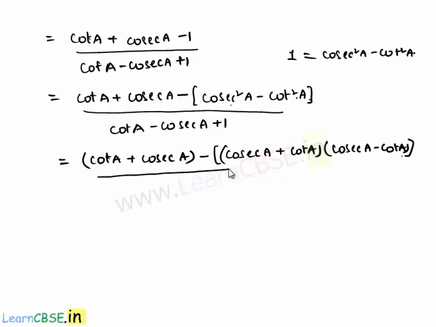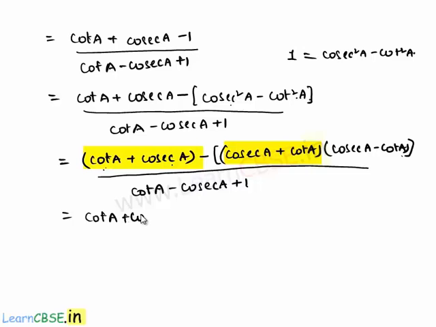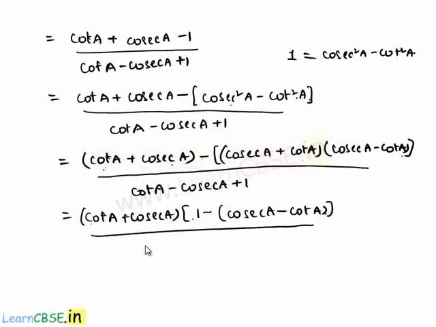Whole divided by cot A minus cosecant A plus 1, which is equal to, let us take common cot A plus cosecant A whole of 1 minus, here we will be left with cosecant A minus cot A, whole divided by cot A minus cosecant A plus 1, that will be equal to cot A plus cosecant A